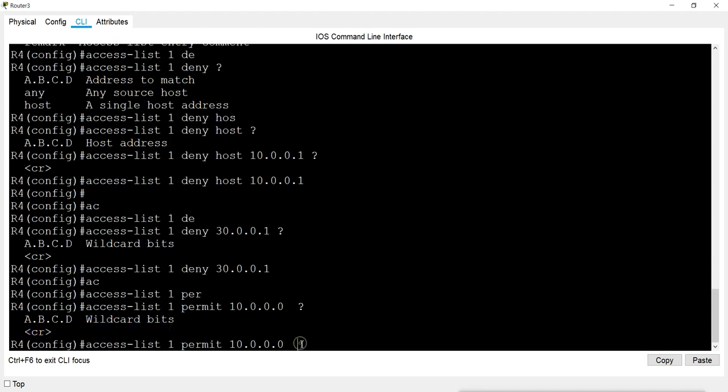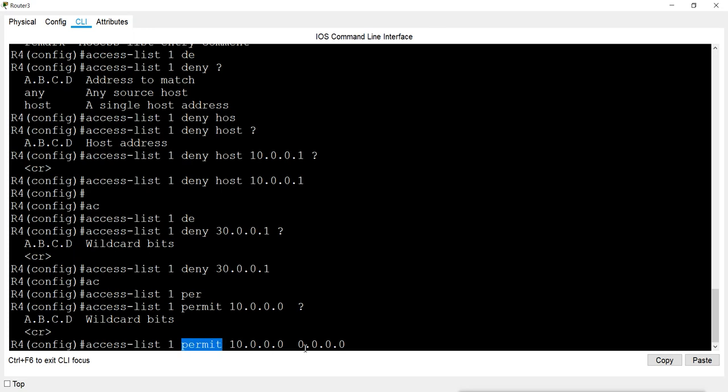It will take this default wildcard, and this wildcard means the exact IP must be matched. And this IP will never match, because this is a network address, and no machine, no host will have the network address, so it will never match. And that means it will not permit any one of 10, because the entry is wrong.